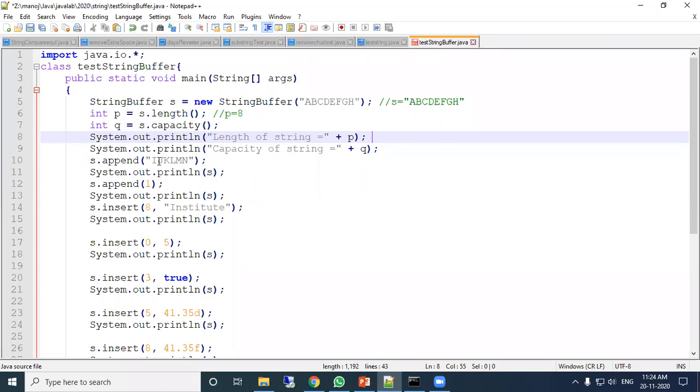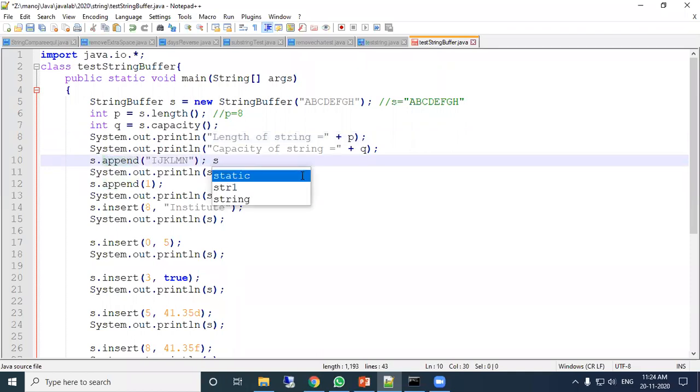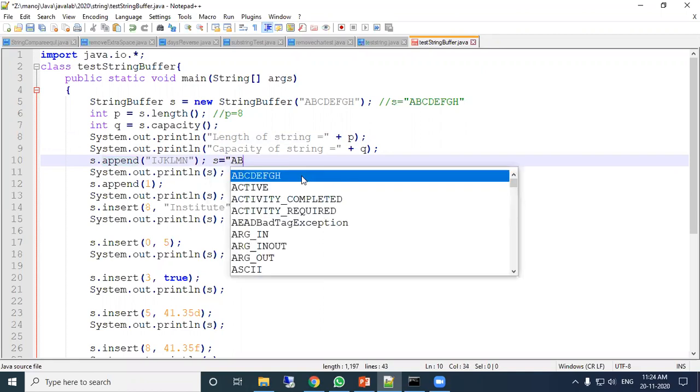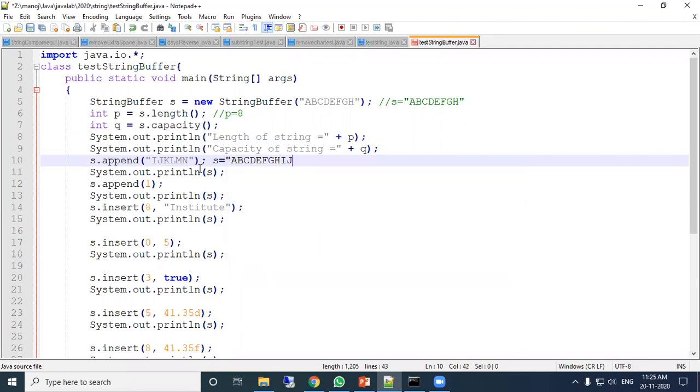Then s.append. The append method adds the string at the end. So now S value will be the already existing ABCDEFGH, and it will add IJKLMN. Now the output will be like this.